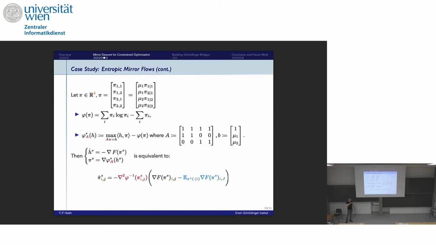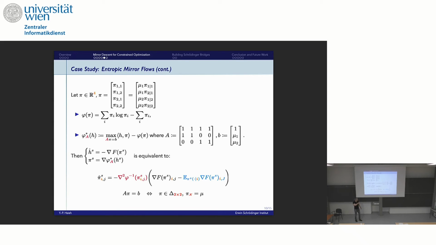So it turns out that this A and B denotes a very special type of linear constraint. It denotes what's called the marginal constraint. The idea is that I have a 4-dimensional probability vector. So I have a distribution over 4 elements, but I can also equivalently think of it as a joint distribution over two-dimensional elements, right? So instead of saying 1 by 4, I say it's 2 by 2. Okay? And in that case,